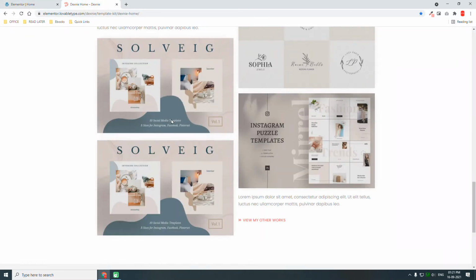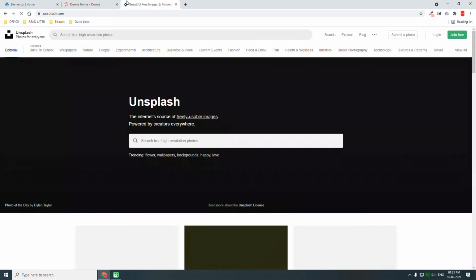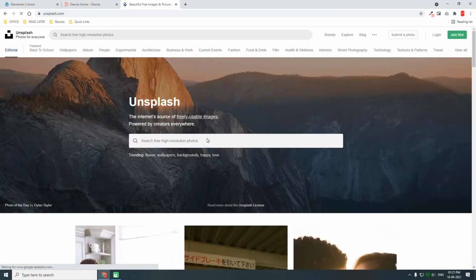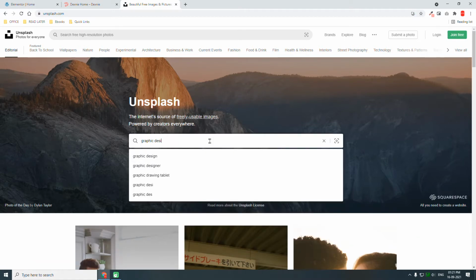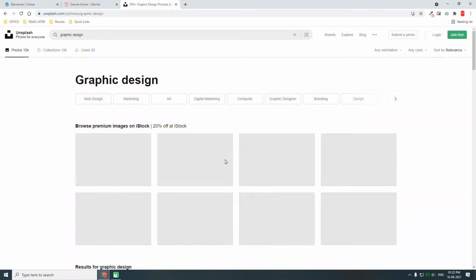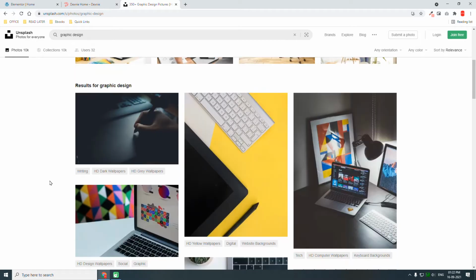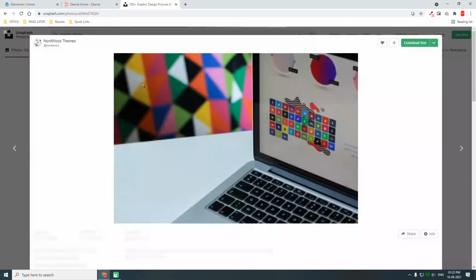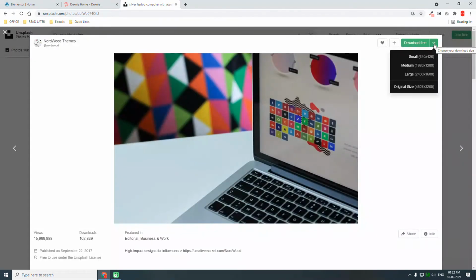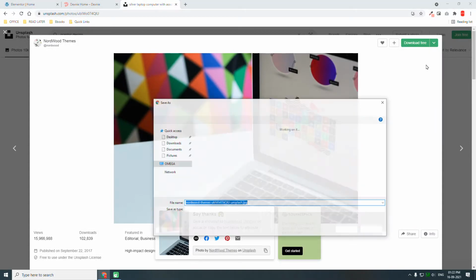I do not have any other images, but let's look for a few samples from Unsplash.com, a few placeholders. Graphic design. Okay, let's use this as the placeholder. Medium. Okay,